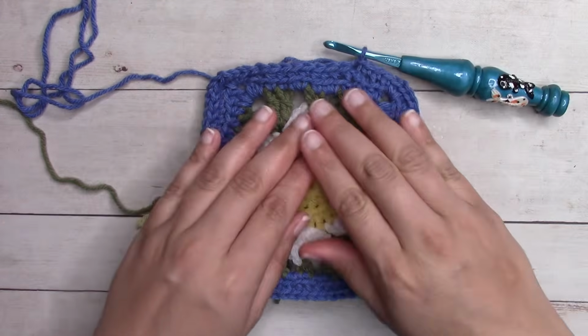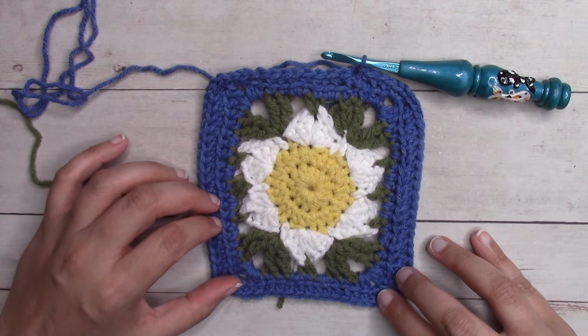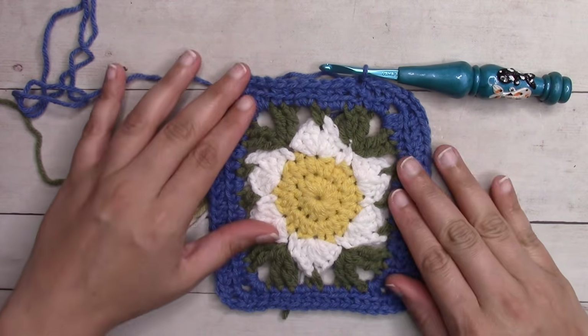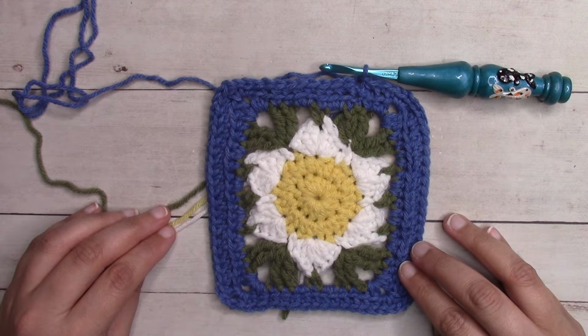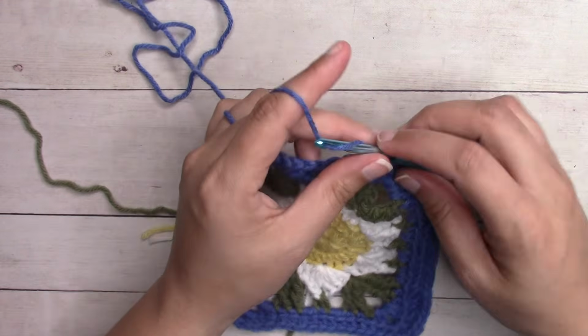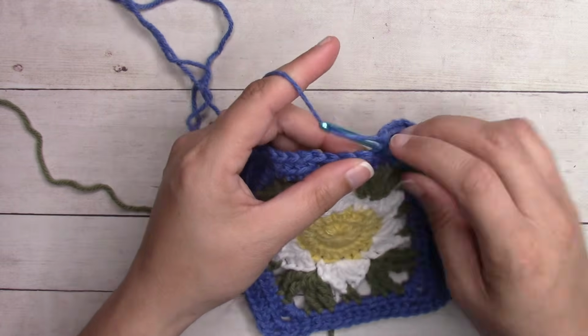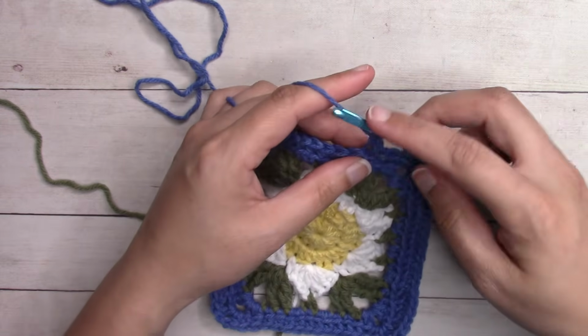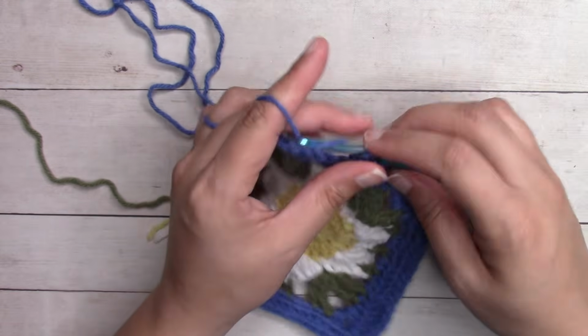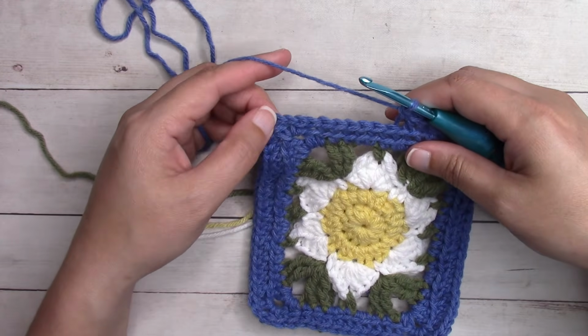And there is round 2 complete. You can see that it looks a little bit more square now, but it is still a rectangle for another round. For round 3, I'll start with a chain 1, single crochet into that very first stitch that I joined 2, and single crochet into the back loop only of each stitch all the way across there to the chain